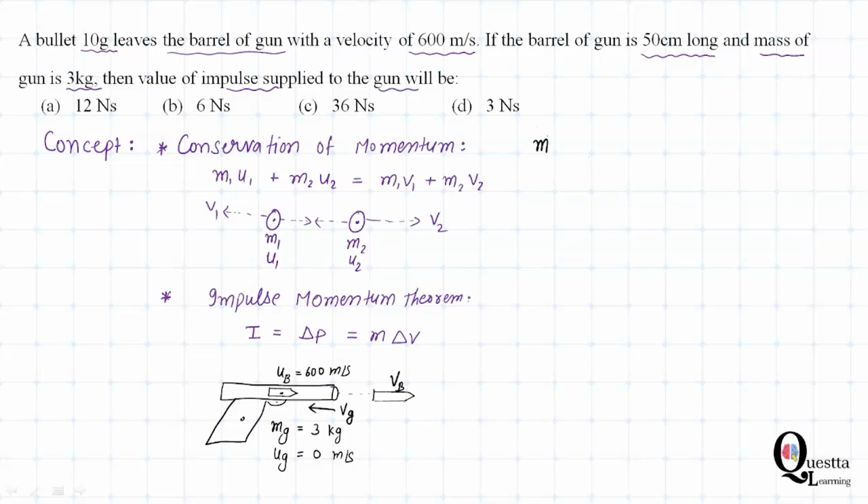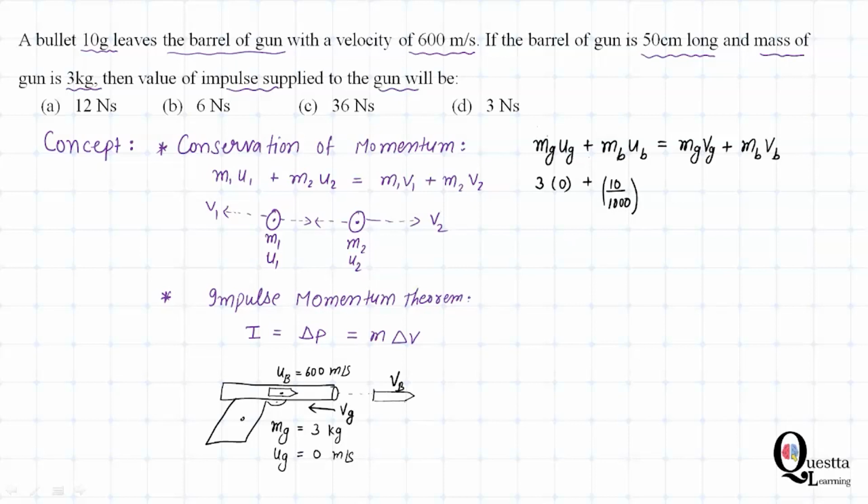So here we will have mass of the gun multiplied by initial speed of the gun plus mass of the bullet multiplied by initial speed of the bullet equal to mass of the gun multiplied by final velocity of the gun plus mass of the bullet multiplied by final velocity of the bullet. So here mass of the gun is 3 and initial velocity of the gun is 0 since it is at rest. Then plus mass of the bullet, which is given as 10 gram. So we can write this as 10 divided by 1000, so that we will get this mass in kg,